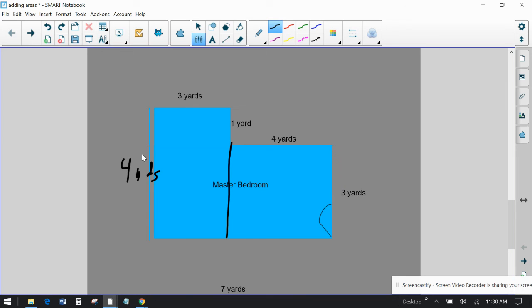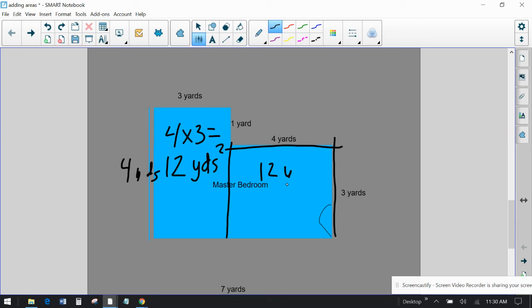so now we can calculate the area of this chunk of the bedroom. 4 times 3 equals 12 square yards, and I could do the yards, YDS, and then a floating 2. And then we could also calculate, we already know this is 3 and this is 4, so we don't have to do any detective work here. Another 4 times 3 is 12 square yards. And if you know 12 doubled or 12 plus 12, it's 24